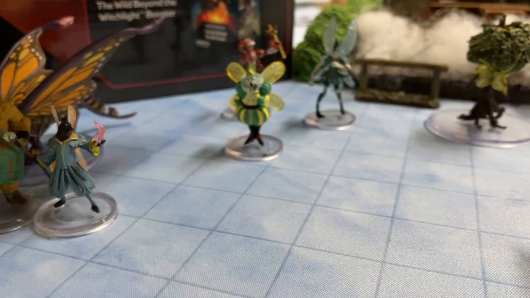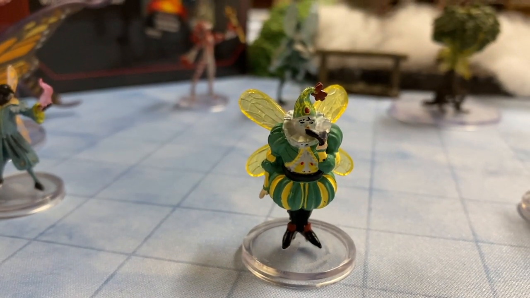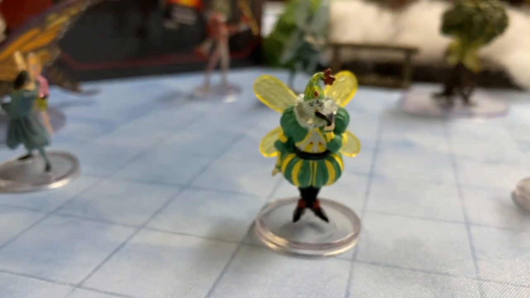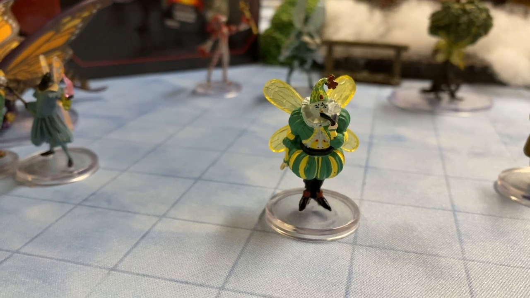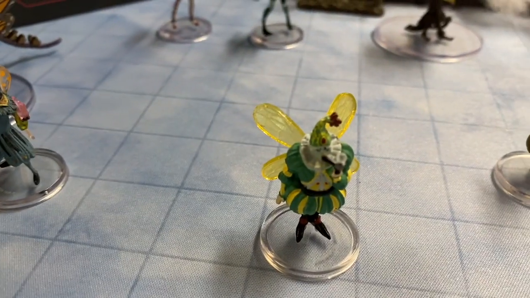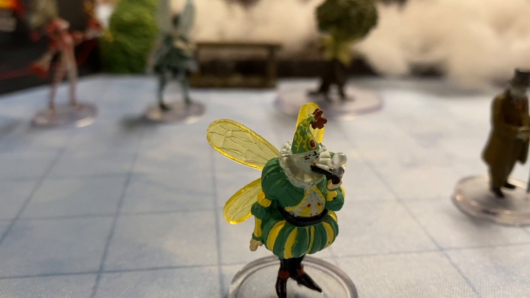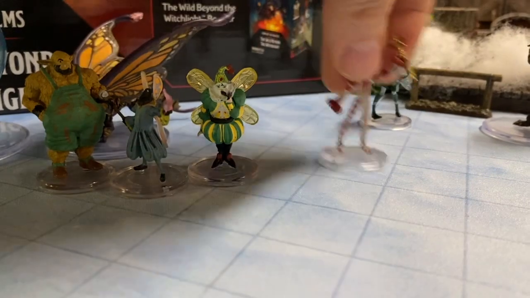So let's take a look here. All right, let's take a look at this one. This one is just hilarious, and it's called Thaco. Thaco the Clown, and it's kind of a playful jab at the to hit AC 0 system from first and second edition. And I have to tell you, I'm a big fan of Thaco. I love it. I know. But I'm old school like that. And look, he's got a pipe, and he's blowing bubbles out of that pipe. Can you see? That's pretty cool. That's a great mini. Here's Mr. Light,